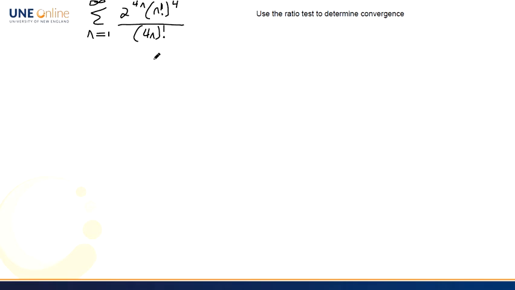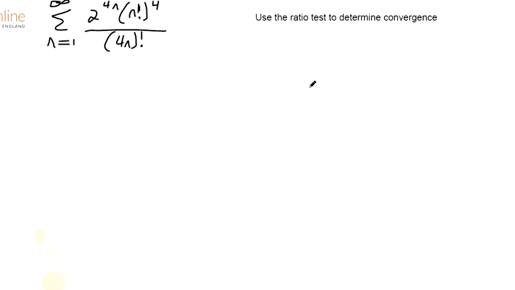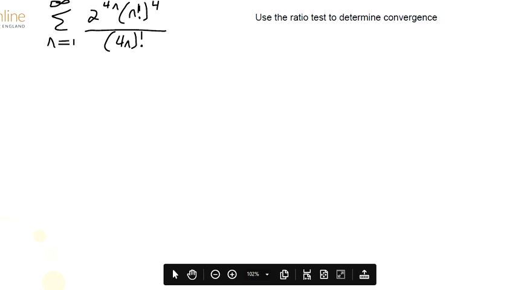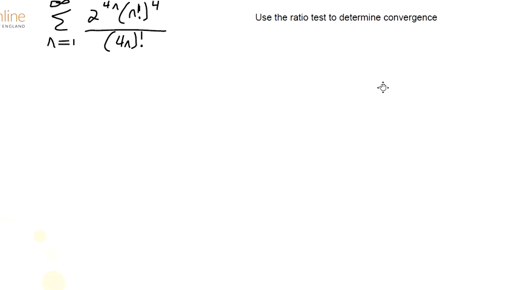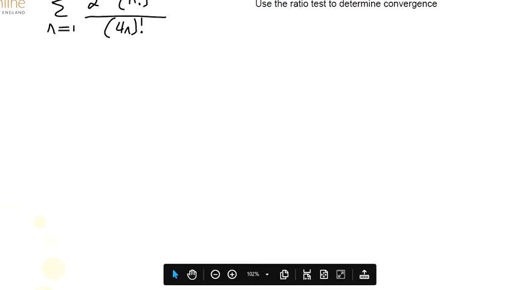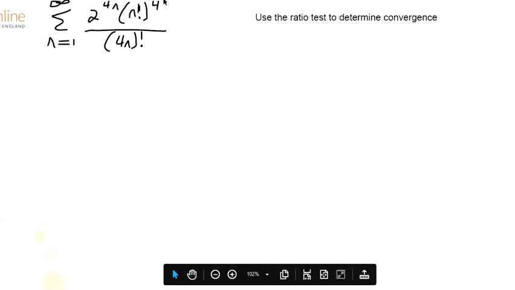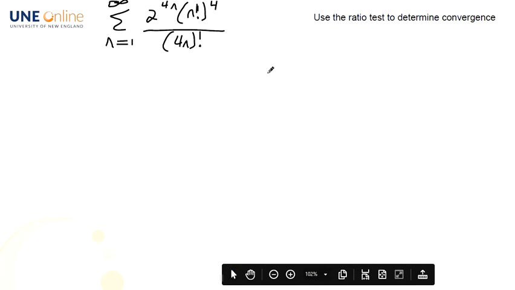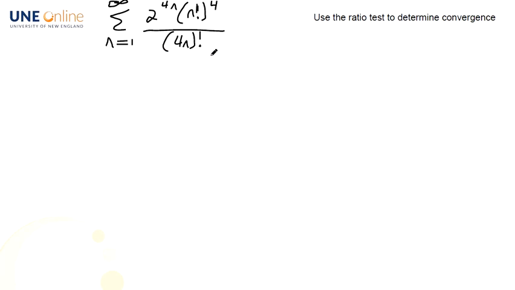So we're supposed to use the ratio test to determine whether this series converges or diverges. Let me see if I can move the screen. Okay, I can do this. There we go. So to determine whether this converges using the ratio test, then we evaluate the limit as n